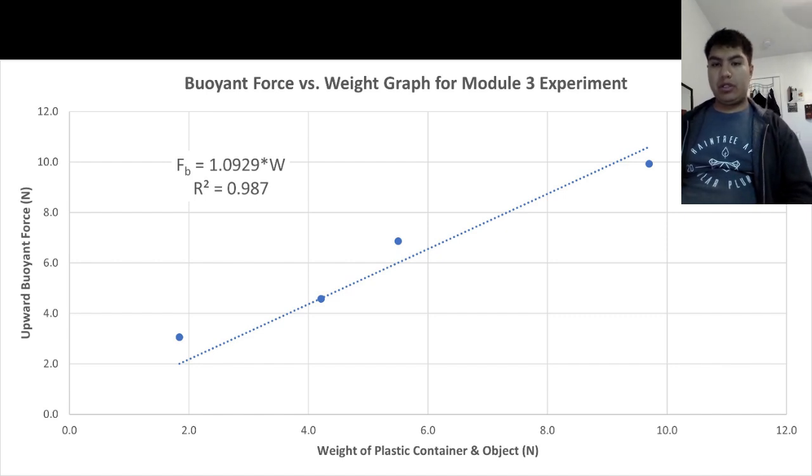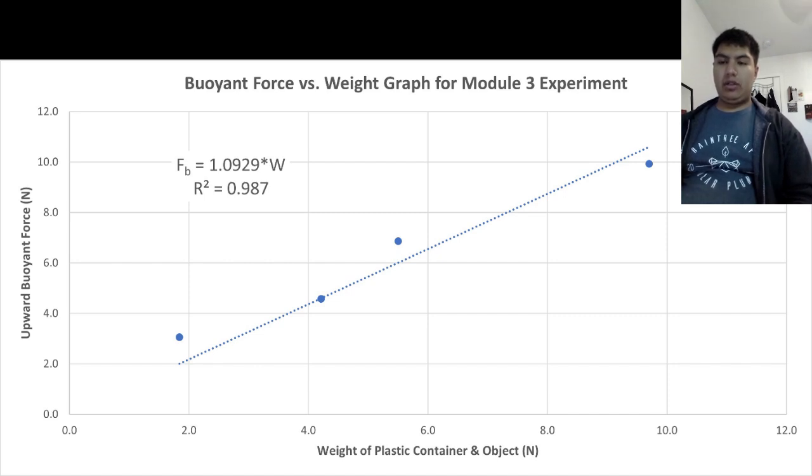I have forced the graph through 0 because ideally, if the object has no mass, then there's no object that the water particles can push. So the upward buoyant force is going to be 0. So I have forced the graph through the point 0 y-intercept, and we have determined the slope of the linear function. We find that the slope is about 1.0929. This is going to be unitless